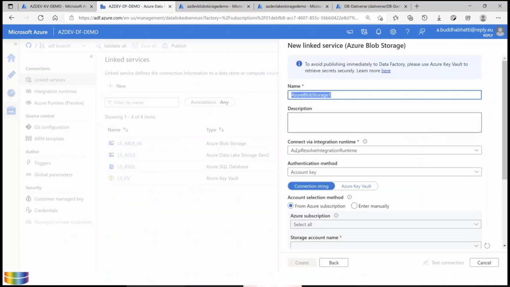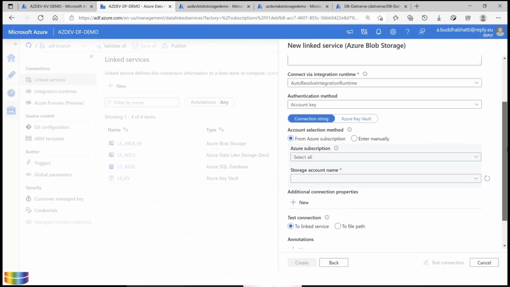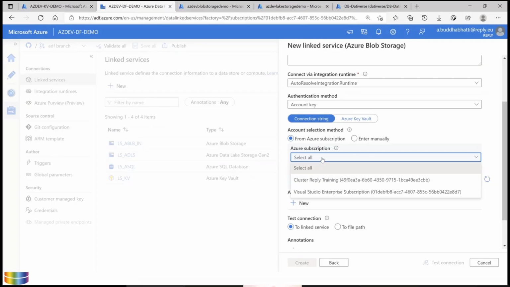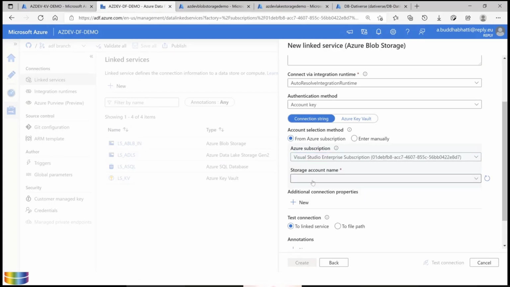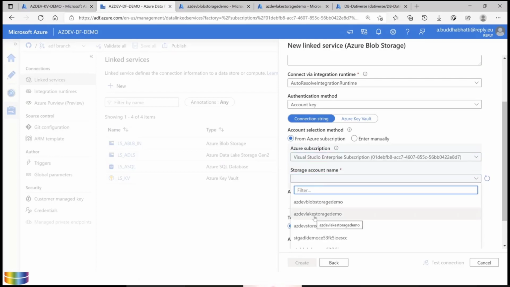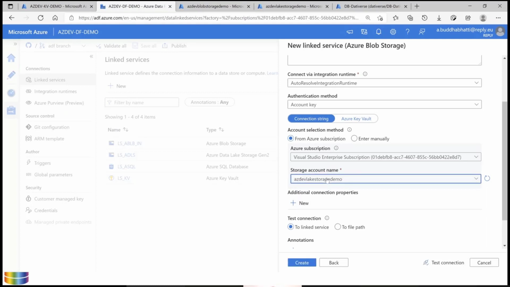You can provide a suitable name, integration runtime, and you can choose whatever format you would like, whether to use connection string or Azure Key Vault, and just a few clicks away, it will create your linked service for you. I don't need that one, so I will cancel it.